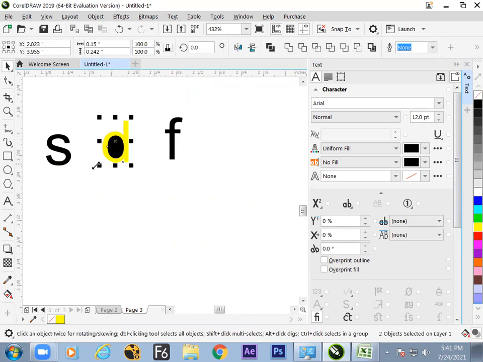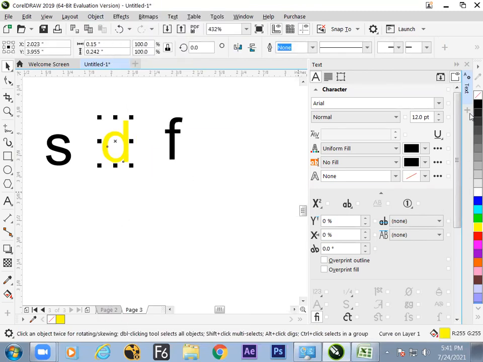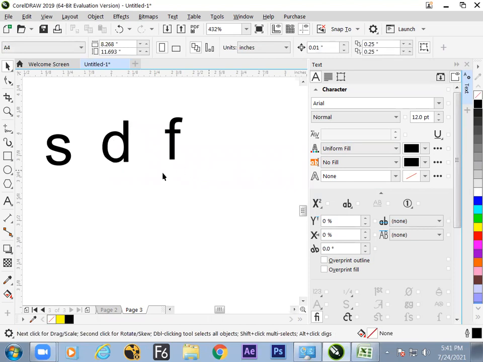So every text, if it is a closed shape, then it is a combined object. We can break apart. Then if you need to make it once more, then combine it once more, combine. So hope we have understood. Every text, if it is a closed shape, then it is a combined object. We can break it apart. So let us go for a case of logo designing.